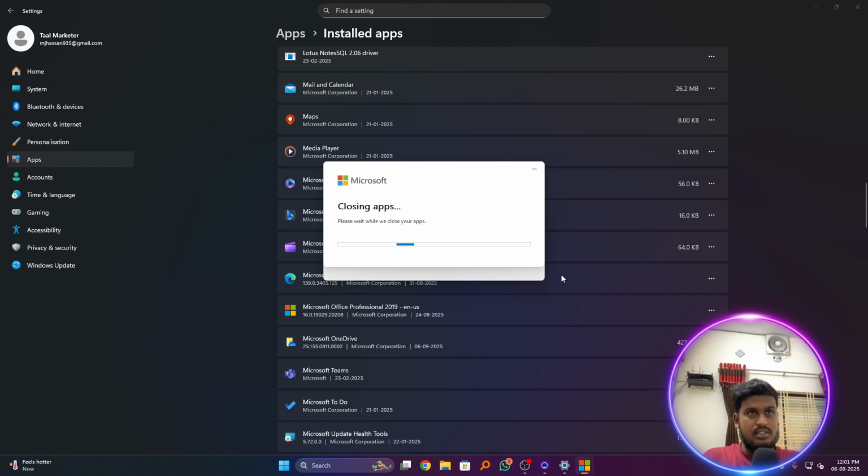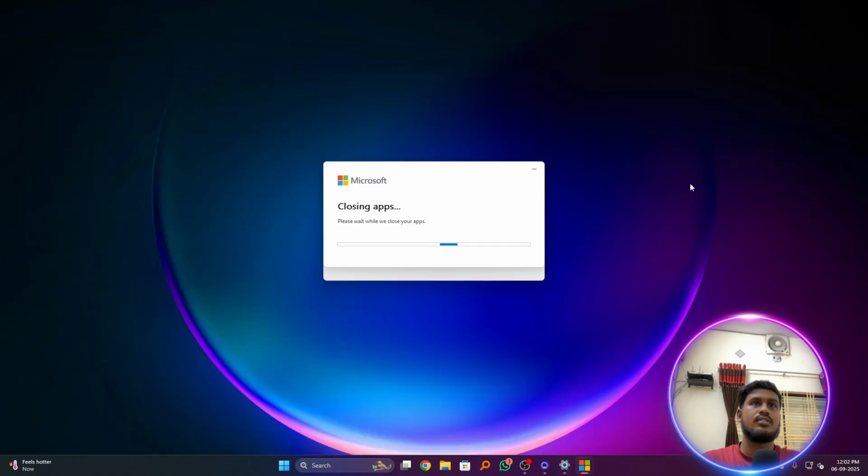and we have to wait a minute for this to complete. So after this method I think we will fix that issue. So we will check whether it worked or not after the repair. So it will take a little bit of time. You can see our Microsoft 365 has already started repairing. It will repair all the Microsoft